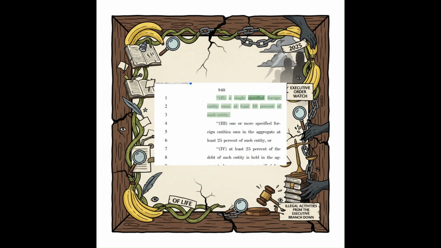940. A single specified foreign entity owns at least 10% of such entity, at least 25% of the debt of such entity is held in the aggregate by 1 or more specified foreign entities, or which, during the previous taxable year,